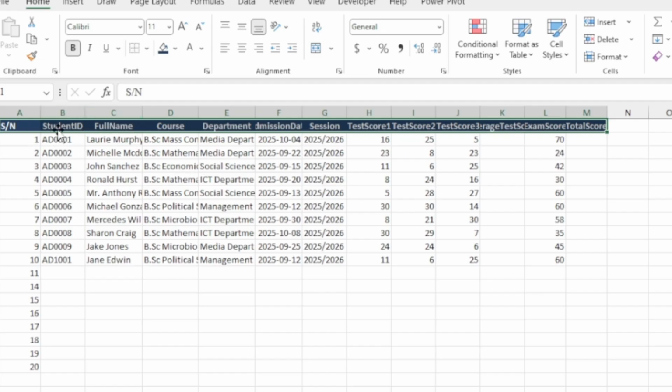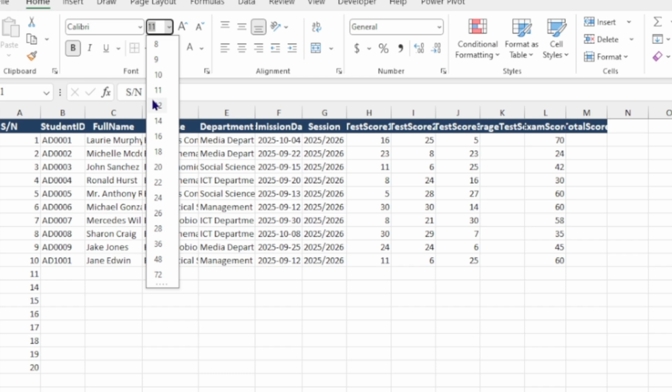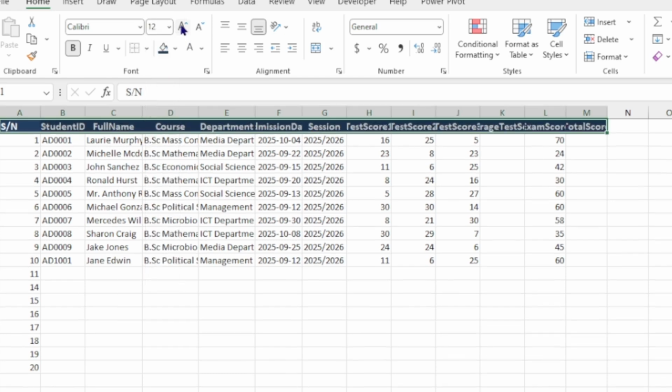Let's increase the font size so as to make it a bit of a header. We can come over to this A, that's to increase font size, or you come to this to select 12. If you select 12, that increases. Next step, we want to add borderline, the cell border,